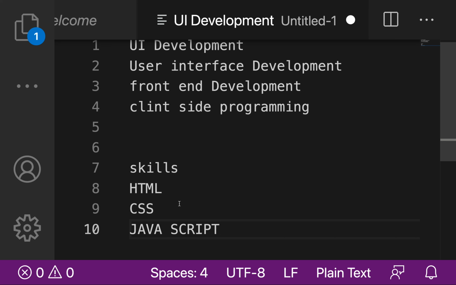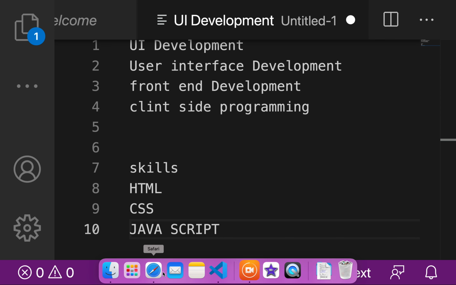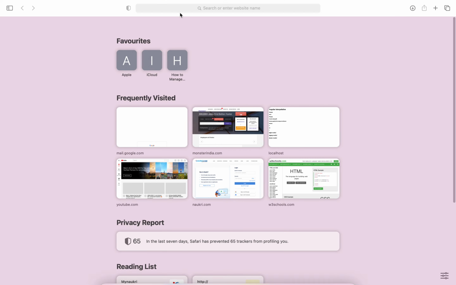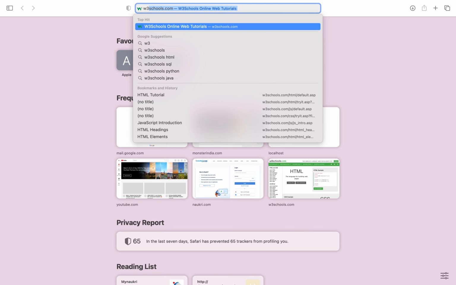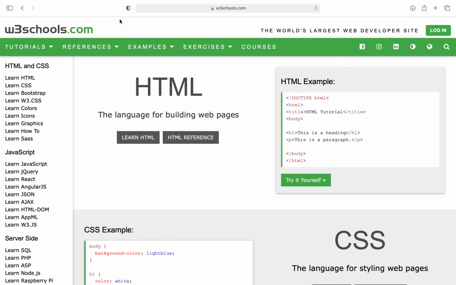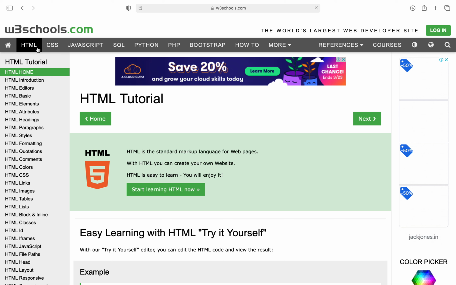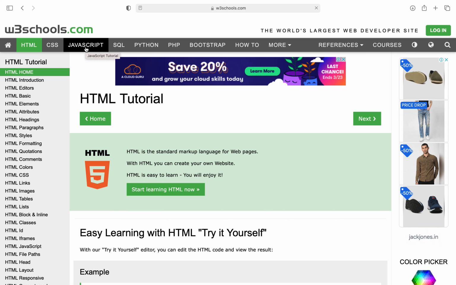Let's go one by one. There is one popular website called W3 Schools. Go to the browser and type w3schools.com. That will provide all the UI development skills. Here you will see HTML tutorial, CSS tutorial, JavaScript tutorial.